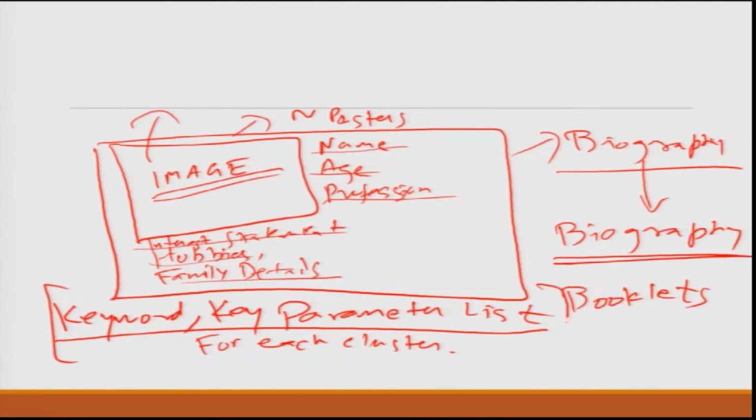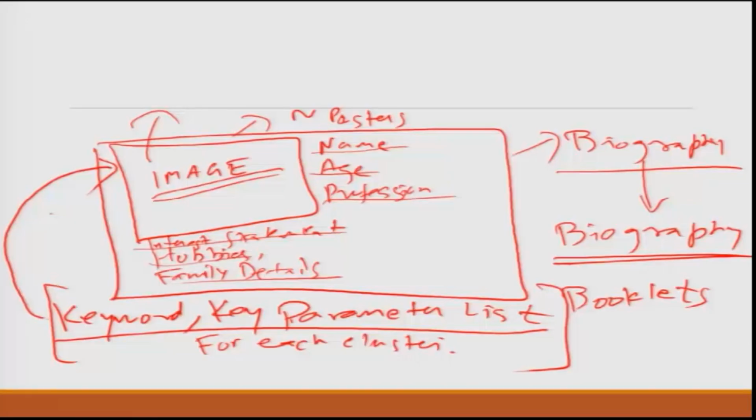Try to find out if there is some similarity in these. So depending upon these keywords, this key parameter list for each cluster, they identify which customer segments they need to target. This is where their marketing team sits and, based upon this, creates the image of the fellow. Once you have these keywords and key parameters for a cluster, they get into different sources and try to find out which are the actual people who closely meet these parameters.